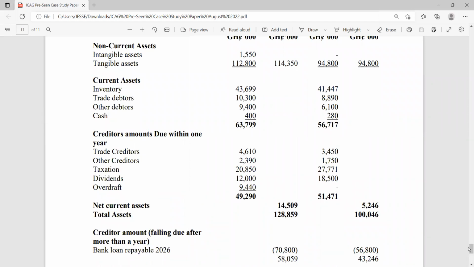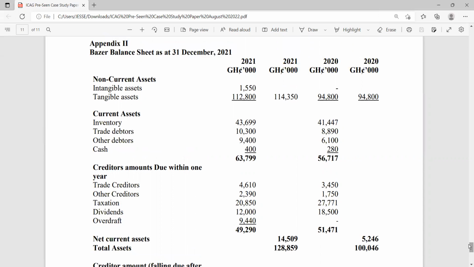In the balance sheet, you would realize that Bazar's tangible assets have increased. Their fixed assets have increased. That's quite interesting, right? So there have been some investment into capital expenditure here. They have increased, right? And then if you look at